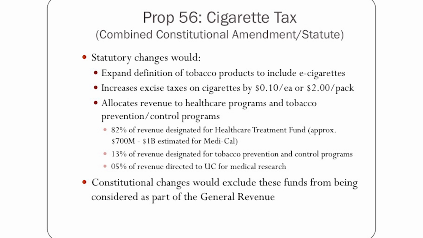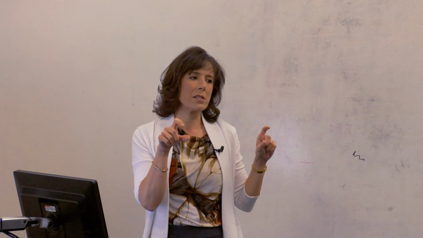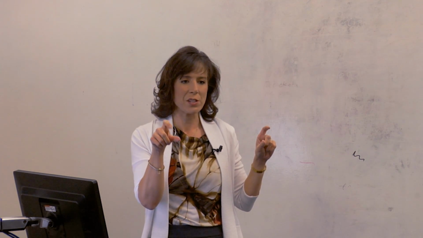Okay, moving along. Prop 56, cigarette tax. So earlier in your handout, I gave you an income revenue breakdown, and there was a line item in there for cigarette tax. Right now, there's an excise tax placed on every pack of cigarettes that is 87 cents in its current form. There's a federal excise tax of $1.01 that also applies, but all that money goes back to Washington, and Congress controls how that's spent.